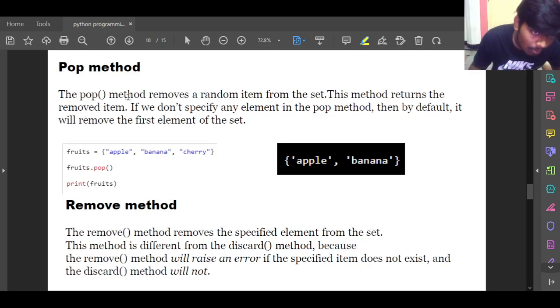Pop method. The pop method removes a random item from the set. This method returns the removed item. If we don't specify any element in the pop method, then by default it will remove the first element of this set, and this is the main point. Example, fruits apple, banana, cherry, and fruits.pop(), print fruits. We are not specifying any element from these three, that's why this is going to remove the first element, apple, and